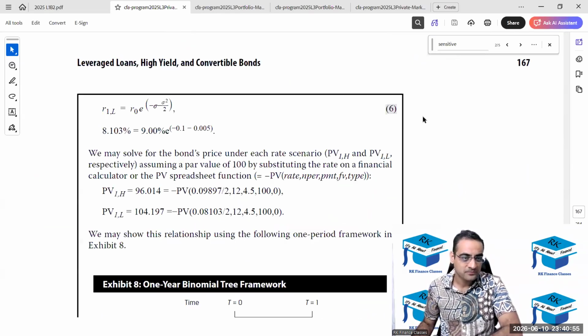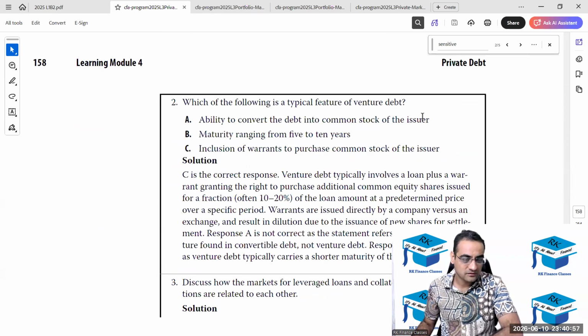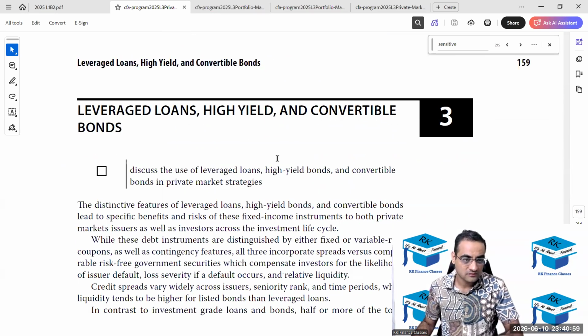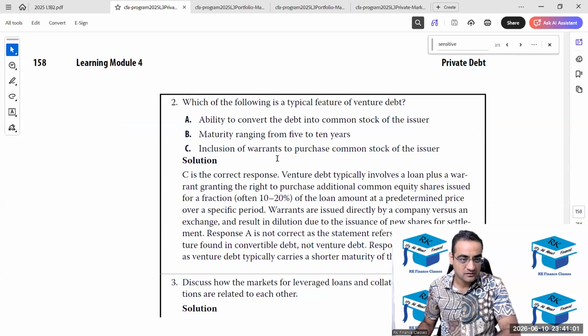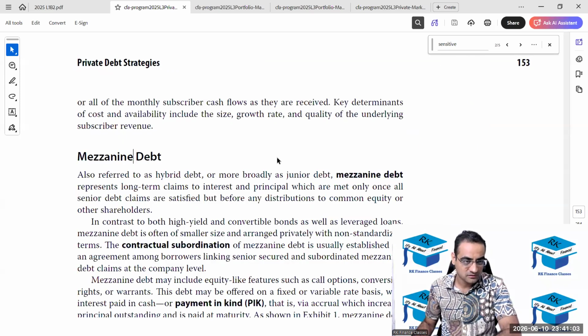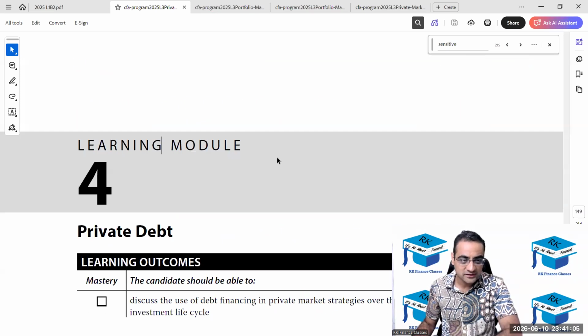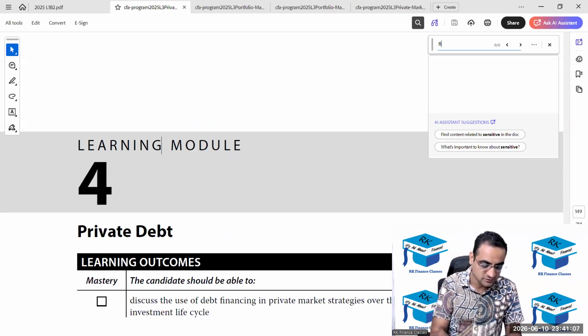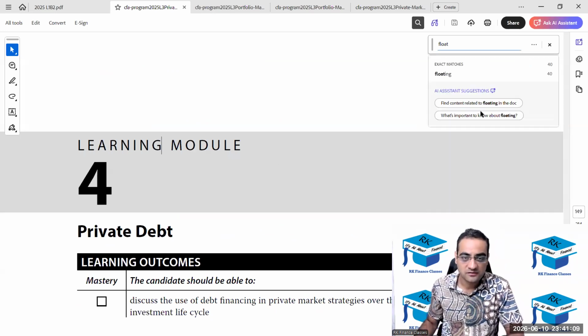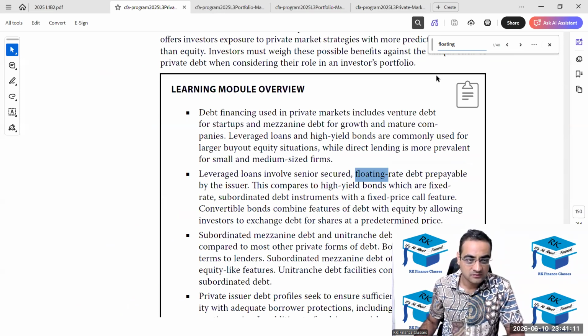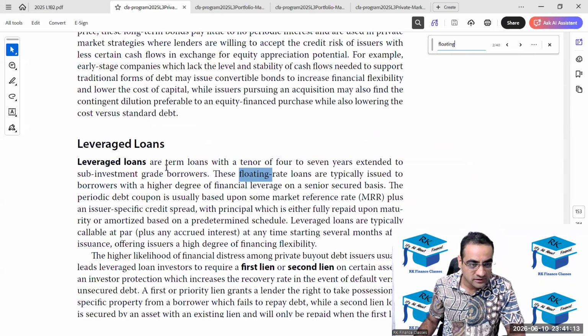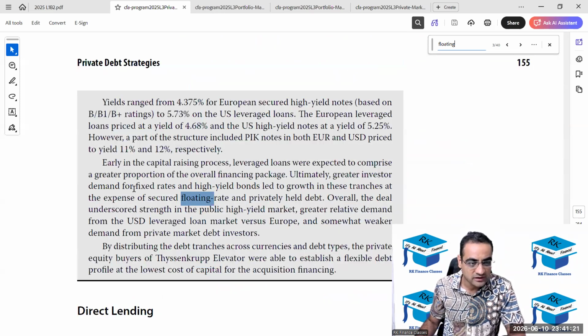I'm not getting that. Sir, I did not find this, but there is a table in the curriculum, sir, where they're showing everything. Just let me check. कहाँ पर है? ये फिक्स्ड डेट तुम बोल रहे हो ना, एक बार चेक करता हूँ, फ्लोट करके चेक करता हूँ. Okay, the leverage loans are 4 to 7 years and floating rate loans are typically used. Okay, तो ये leverage loan में लिखा है floating rate।